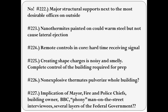But didn't we see the same extensive pulverization of concrete in all 3 of these buildings? Would a heat-based thermate create the same extensive pulverization as an explosive nanothermitic explosion? And now I'm going to depart from the science of these collapses and go where Richard Gage claims he does